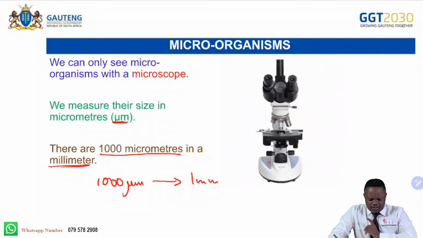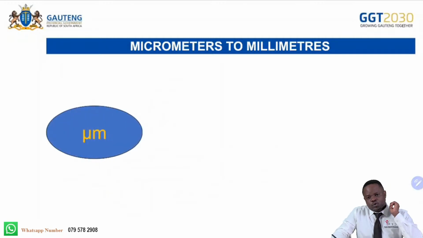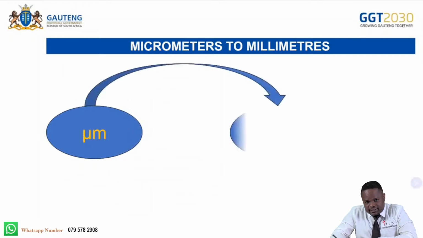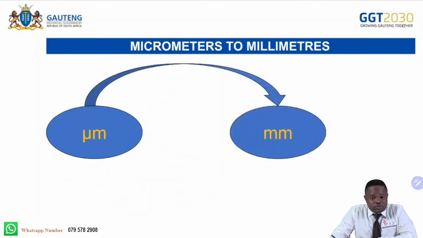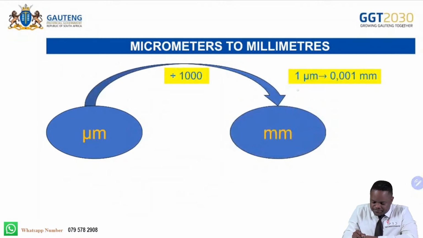So let's look at this conversion. I want you to master this. It's not really difficult. Just pay attention. Now, if I have a micrometer and I want to convert it to a millimeter, what do I do? I will divide that by 1,000. So what does it mean? It means my 1 micrometer, I will divide it by 1,000. That will give me